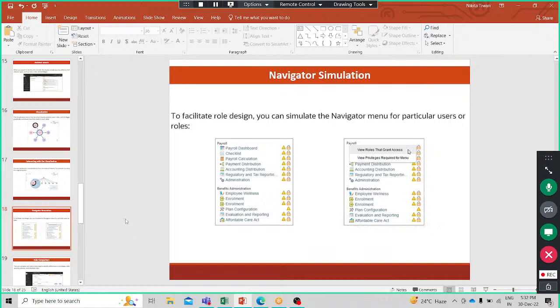The first view will show you everything that can be displayed in the menu across the whole offering, and the items that are offered by the roles you have in your display will show as menu items that are unlocked. Okay, so you can notice here the plan configuration and benefit administration, there is no padlock. So that means that the role that we are looking at